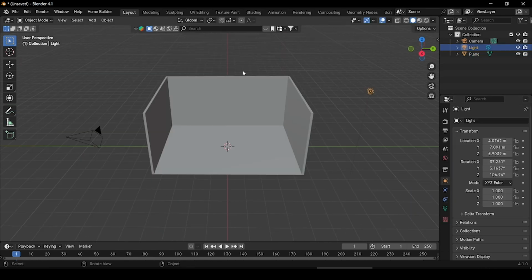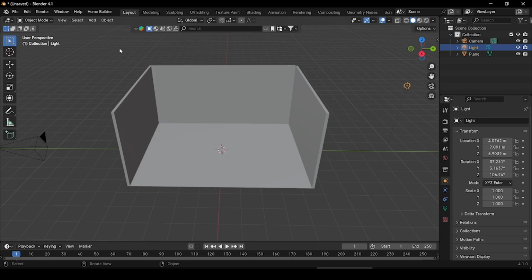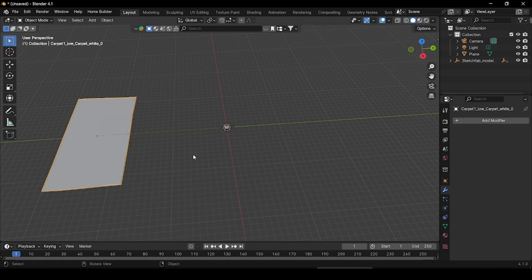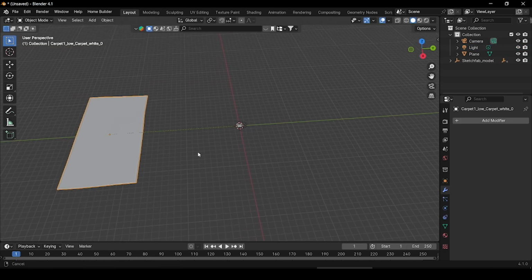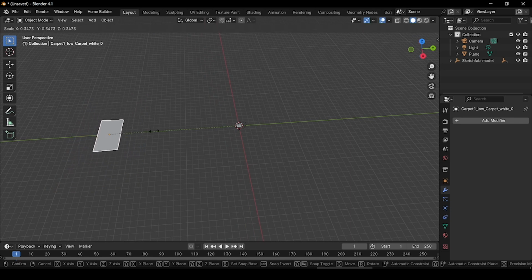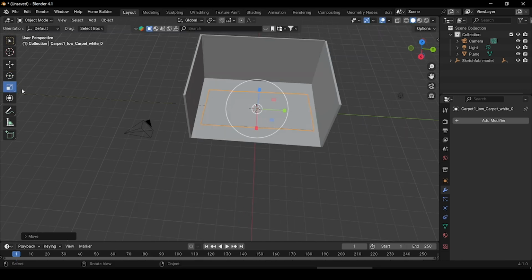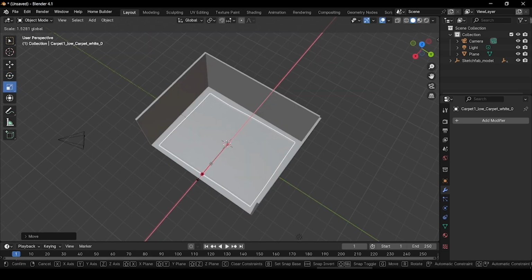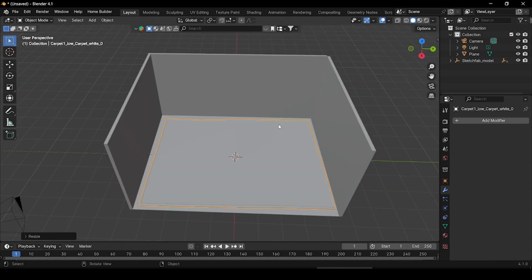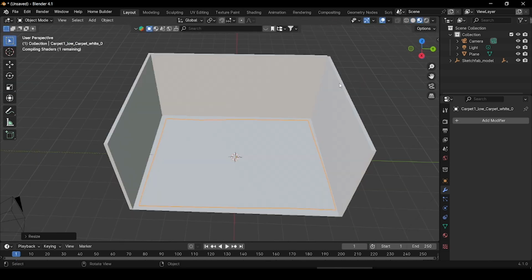Now let's import some models which I have downloaded from Sketchfab, and I have already told you how you can download and import your models to your project. First of all, I would like to import a carpet for our room, and now our carpet has been imported successfully. Now press S and scale it down. Now press G and place it here. Now select the rotate tool and rotate it like that. Now select the scale tool and scale it like that, and now scale it from this side, and successfully we have imported our carpet, and you can see it after going to the material preview.